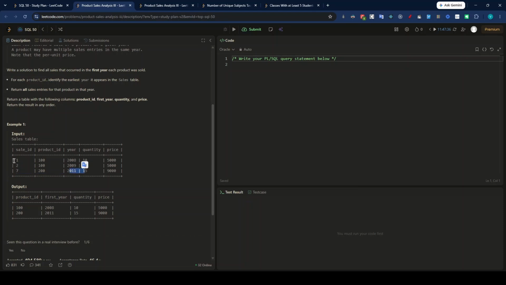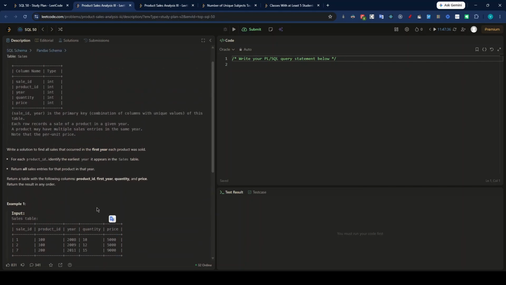So what we need to do is, for every product, find the initial year, I mean the first year in which it has been sold, whichever is present in this table, and then we just need to output these particular fields. That's it, guys. There is nothing much in this question, and LeetCode has